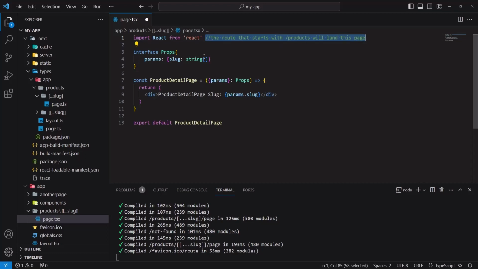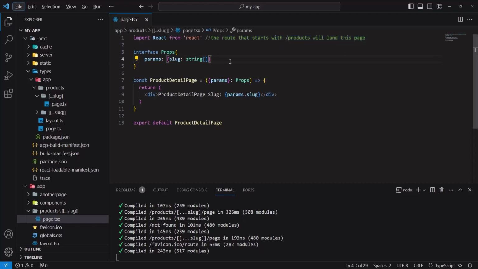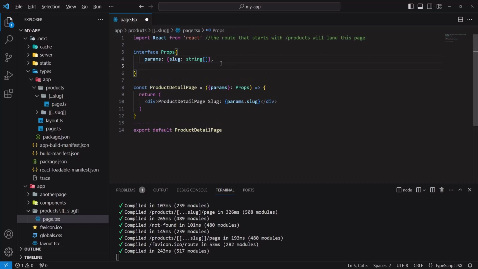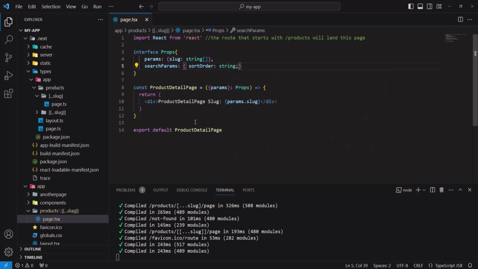And now let's see how we can read query parameters. So let's save this first. So to read query parameters, we have a special word that is search params. Now, like the params, it will also be an object, and it will hold, suppose we have the sort order query parameter, and it will be type of string. Then let's save this, and we can output this here like